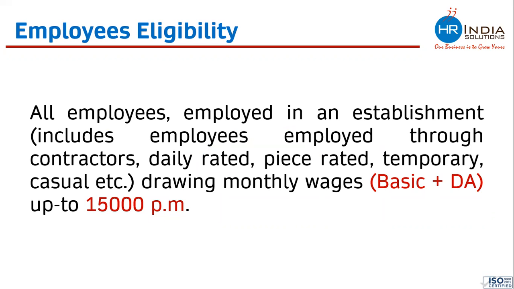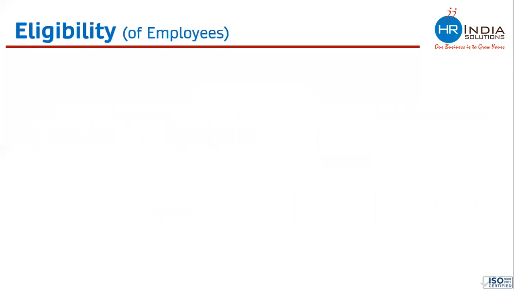The Act is saying that all those people who are getting salary up to this much, and when we are talking about salary or monthly wages, this would include basic and DA only, not other allowances like HRA, conveyance, and other things. This is what the Act is saying. And people who are getting more than this, the case will differ. We will discuss that also. So it is mandatory to include all those employees into PF whose salary is 15,000 or less.